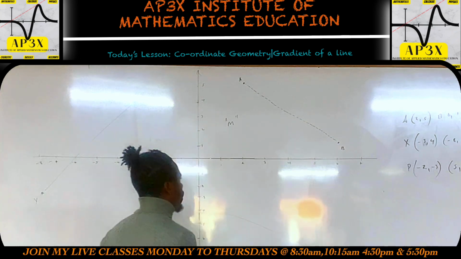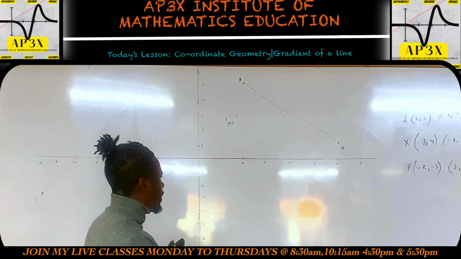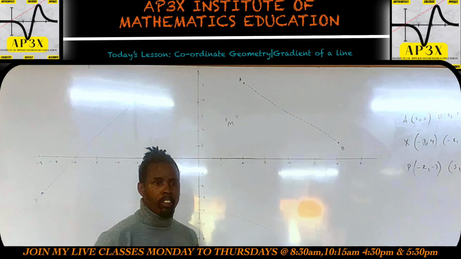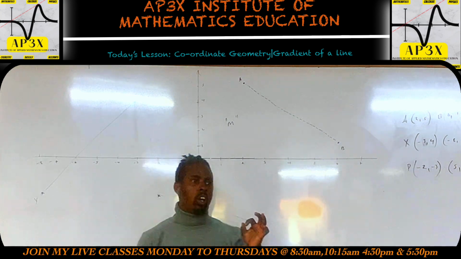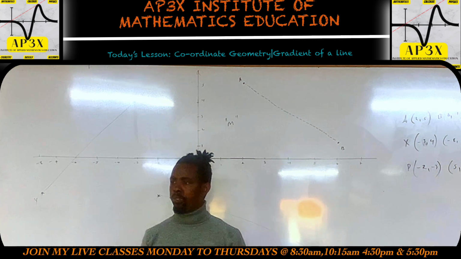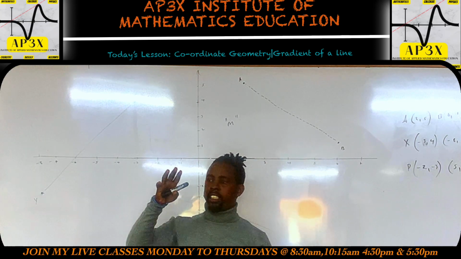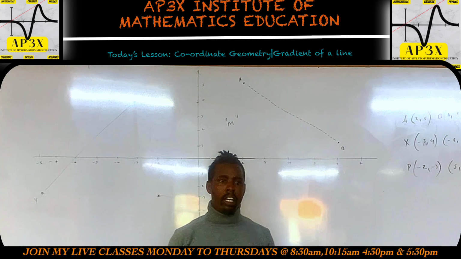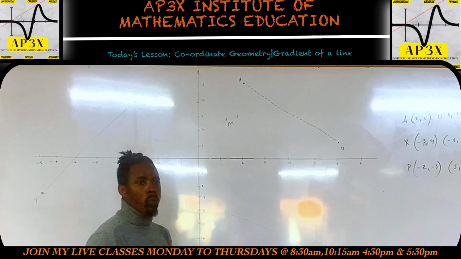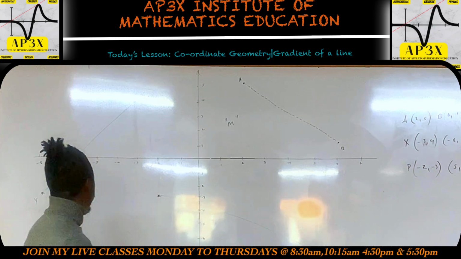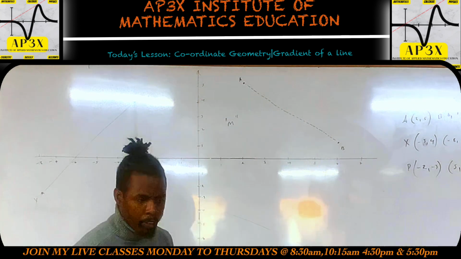So, when we look at the categories of slope, we're going to have what is called neutral slope, infinite slope, positive and negative slope. We're going to have a look at what they look like, first of all. Let me just clear this. I'm going to have to replot the point.